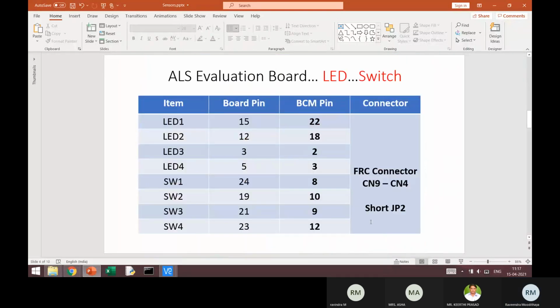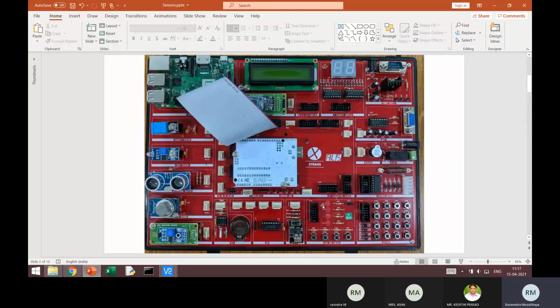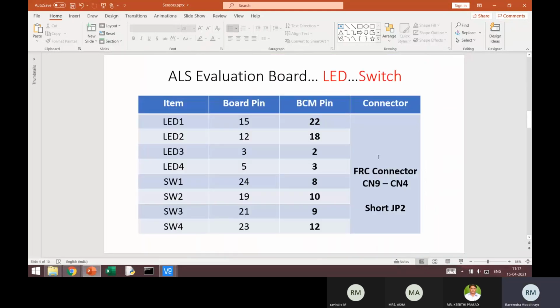Now I just made a pin numbering here, where what I mean by LED 1, 2, 3, 4 is LED 1 is the topmost, then LED 2, LED 3, and LED 4. Switch reading from left to right: switch 1, switch 2, switch 3, and switch 4. So for each of those devices, which of the board pins are used, and what is the corresponding BCM pin, I have marked in bold. These are the board pins, and these are the equivalent BCM pins.